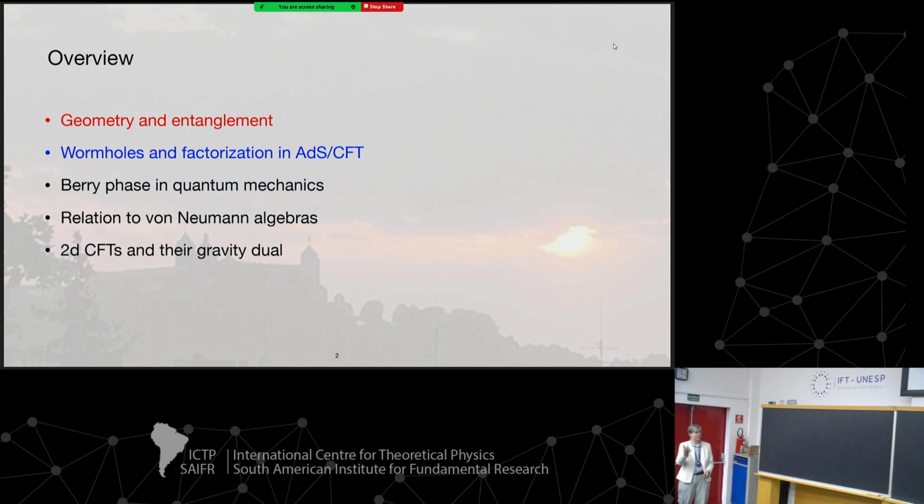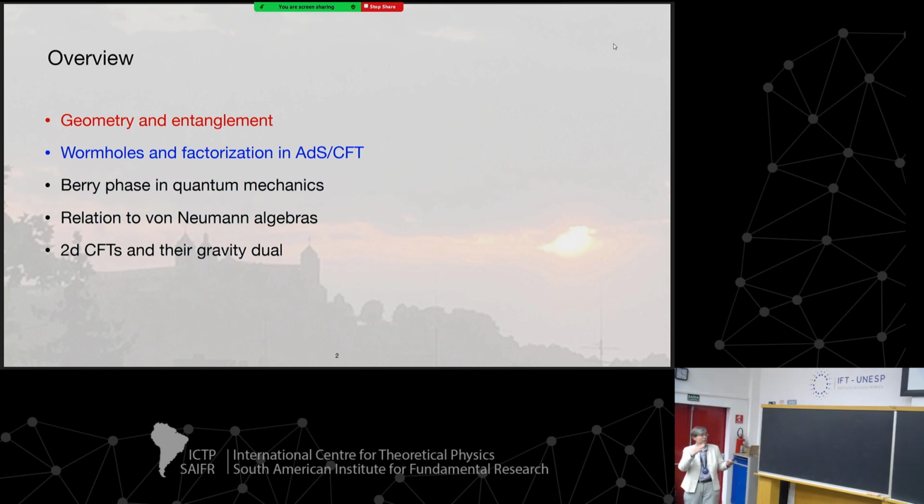So in the title there's this word geometric phases, and another word for geometric phases is actually Berry phase. I discuss these Berry phases both in simple quantum mechanical systems, but then also in the context of ADS-CFT. It shows that this is a nice mathematical concept that is realized in simple quantum mechanical systems, and it may also lead to new experiments that are motivated by some aspects of ADS-CFT, so I'll mention that also. But there are also a lot more formal aspects, in particular the relation to the so-called von Neumann algebras that I briefly introduce for you.